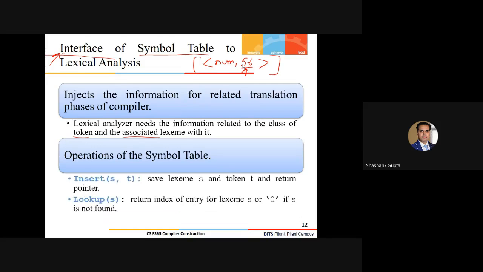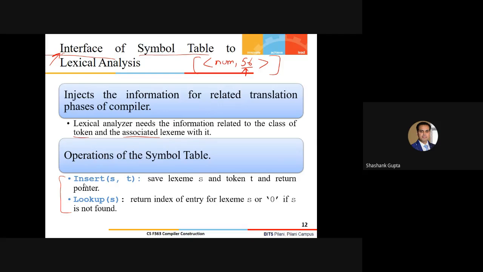So here are two functions which will be written in your implementation of the symbol table with respect to the lexical analyzer. The first operation is insert. The arguments are the lexeme S and the token T. It stores the lexeme S and the token T and returns the corresponding pointer where this information is stored in the data structure of the symbol table.